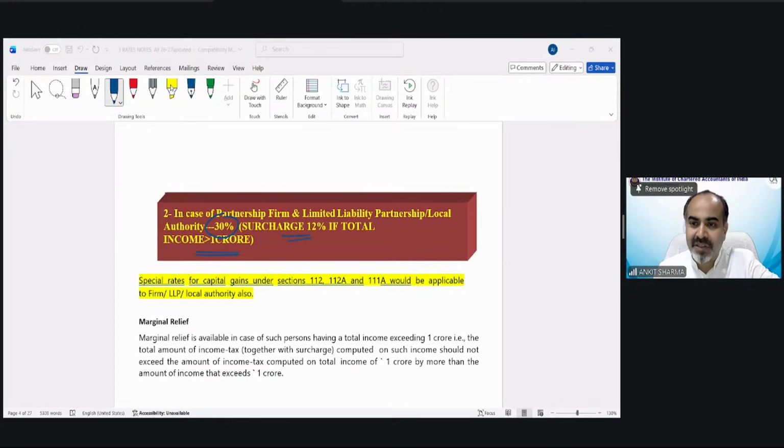Mehak, illustration 10, surcharge, etc. We will discuss. Do not worry. Not partnership, it would be individual, etc., because that is a complex situation. In case of partnership, company, etc., that is very simple, because the rate is 30%, surcharge is the same, no rebate is applicable. So it would be really easy to calculate tax. Of course, the special rate would be applicable; that is going to be discussed in the respective chapter.